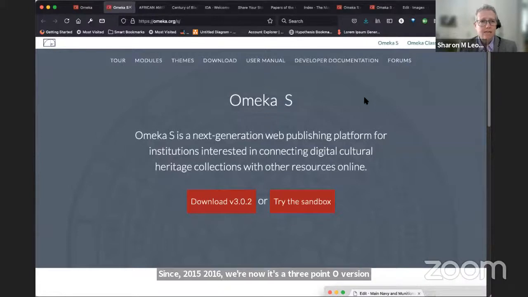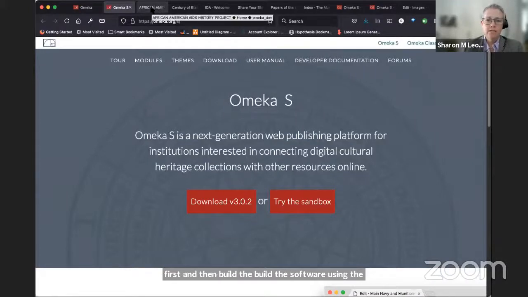And not unlike Omeka Classic, it is extensible with a full set of modules and themes. It's open source software, and it runs on a regular plain old LAMP stack, which makes it a little bit easier for people to work with in the world. But its native data format is JSON. And the Omeka team built the API for Omeka S first, and then built the software using the API.